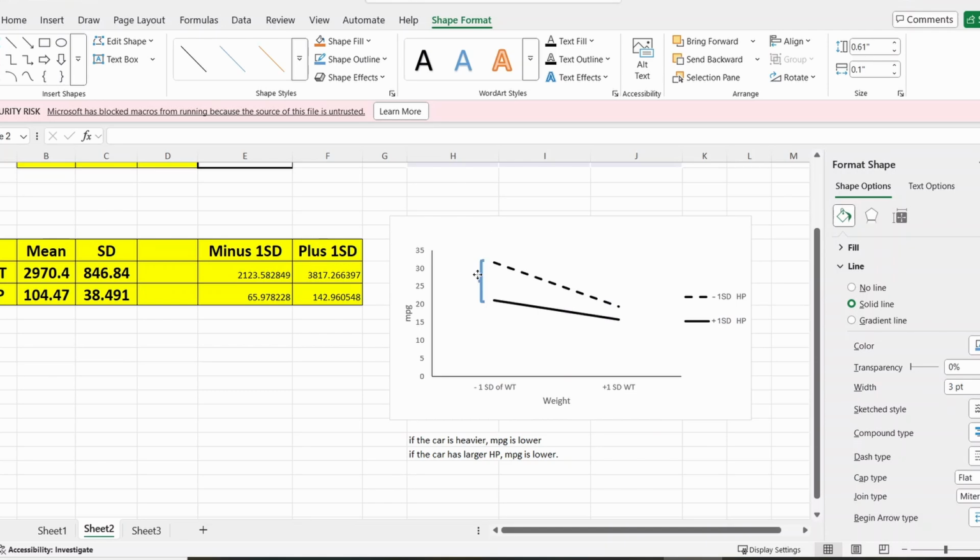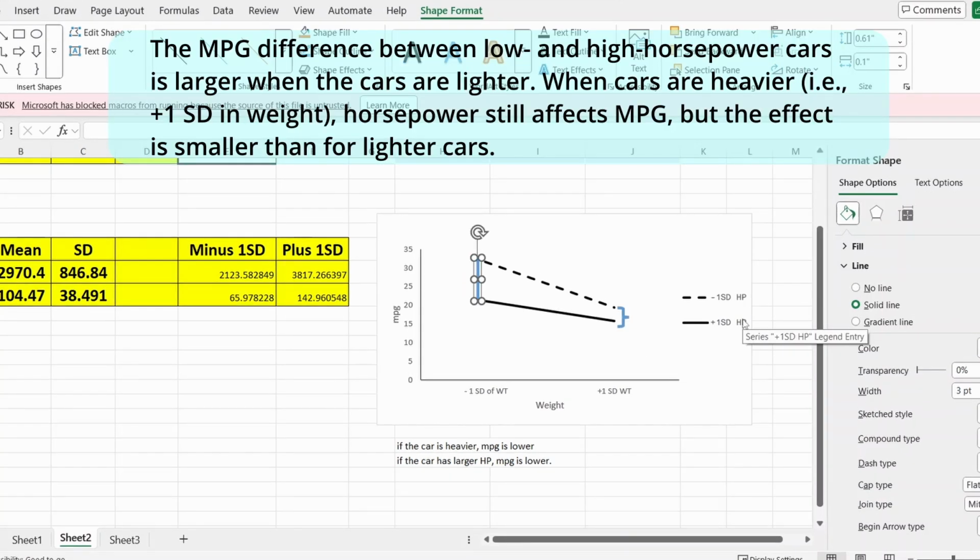The difference is here. So what it means is that if the car is not heavy, then the horsepower actually makes